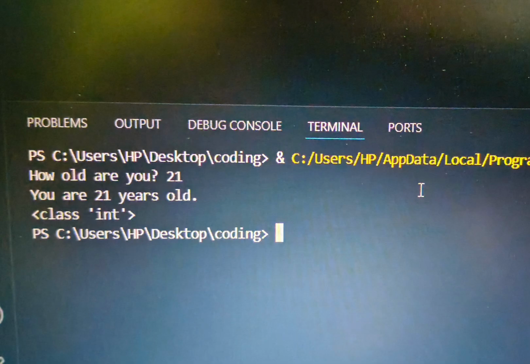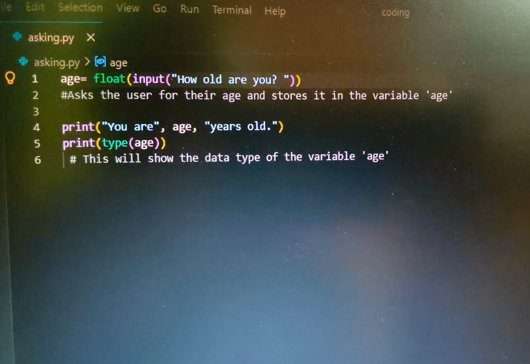The next example I am taking is again of age, but here I have used the typecasting not for the integer data type but for the float data type. Simply I have written here age is equal to float input how old are you. The input how old are you will simply take the input from the user about his or her age, and the function float parenthesis will do the typecasting for whatever the data the user gives from string to the float